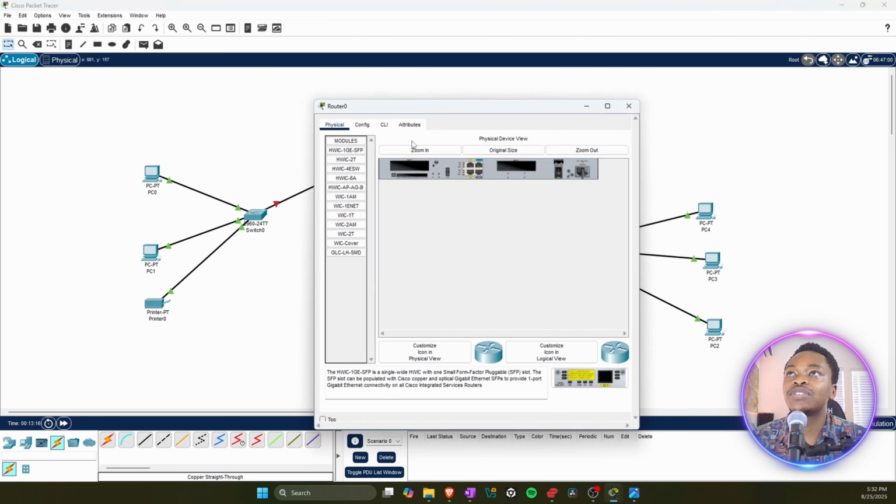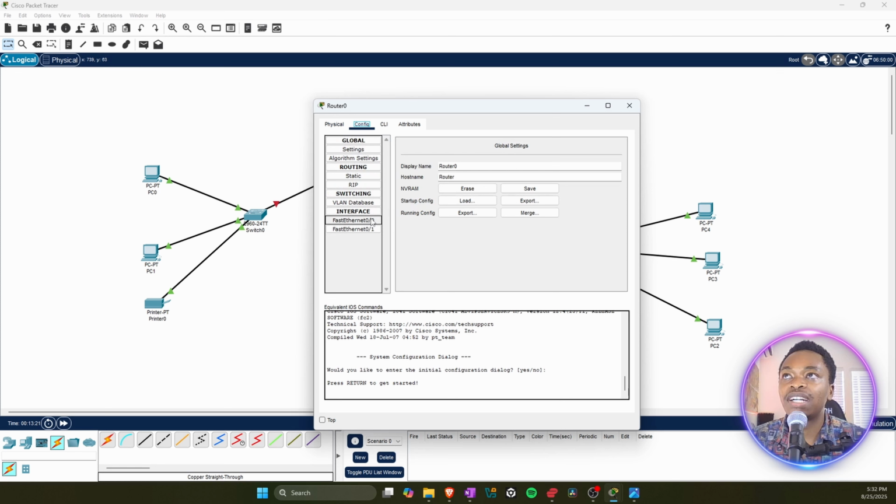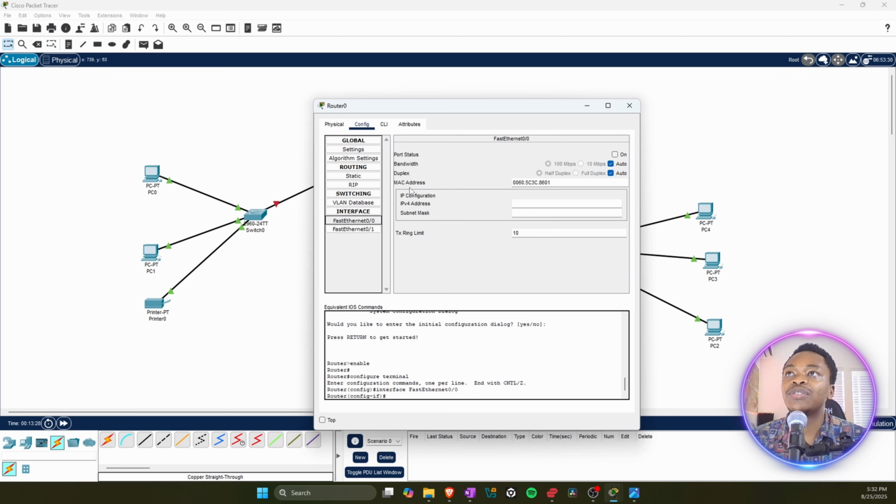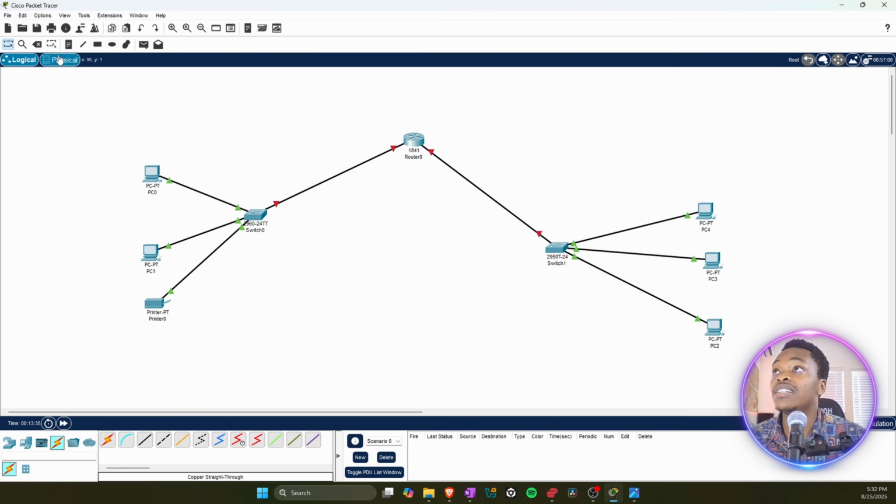So double click on your router, kuja hapa kwa config, kuja hapa kwa hii ni fast Ethernet 0. Naona hapa. So click that. Utaona IP configuration. So since this side tunatumia, acha kwanza niandike hapa hivi nje kwanza hizi vitu. Since this side tunatumia, this is our network address 192.168.0.0. Since this side tunatumia hii, inamaanisha